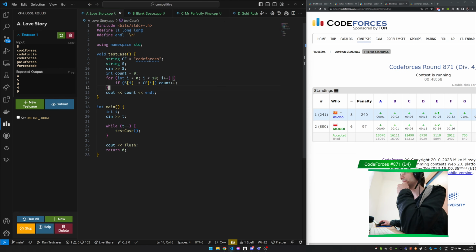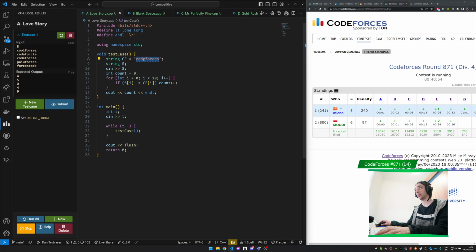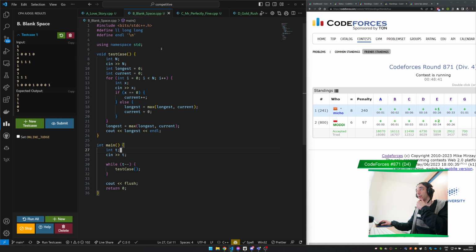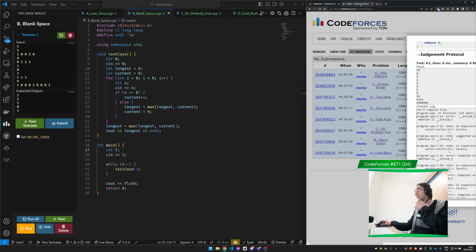Okay, so the first problem, Codeforces. Just have some string called forces and compare if the letters are different, we just want to count plus plus. Pretty straightforward. The second problem